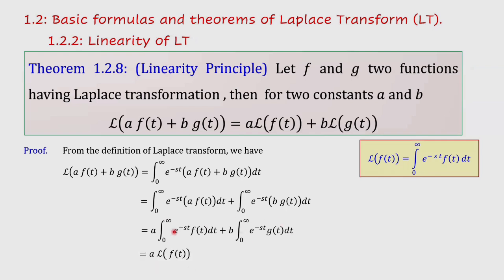Therefore, it is a L{f(t)} plus b L{g(t)}. This establishes the linear property of the Laplace transform. Let's complete the first two subsections here. In the next lecture, we have the Laplace transform of known